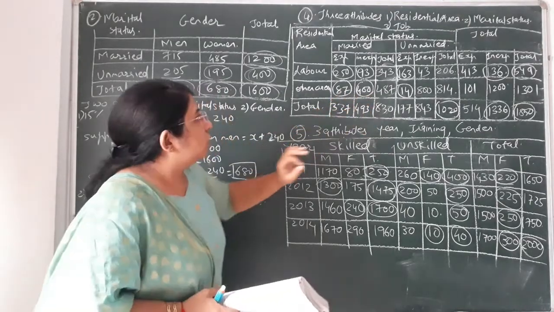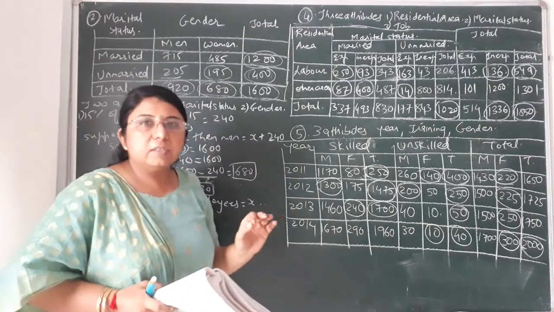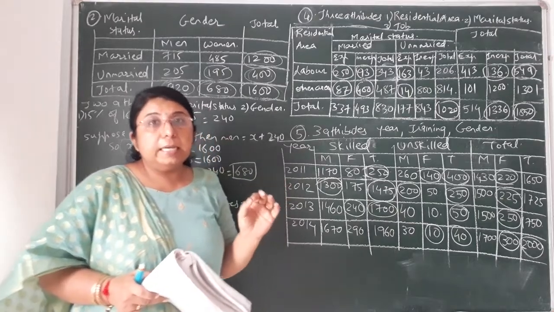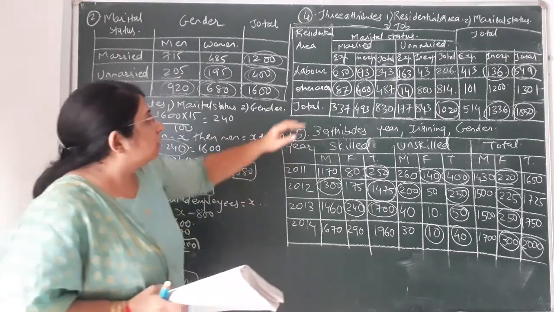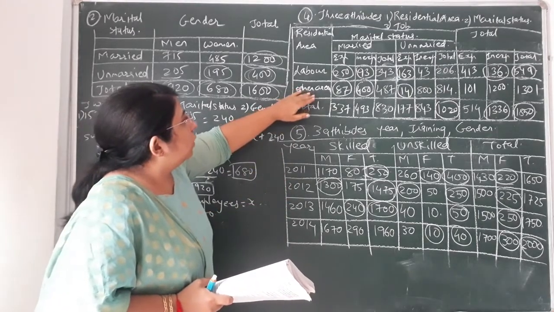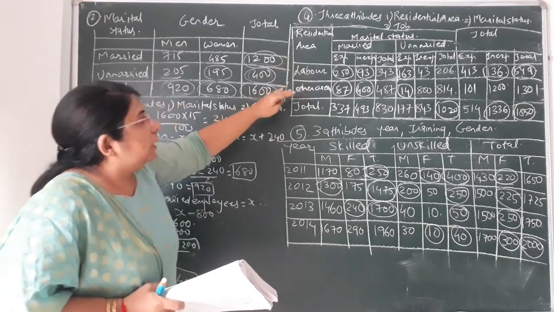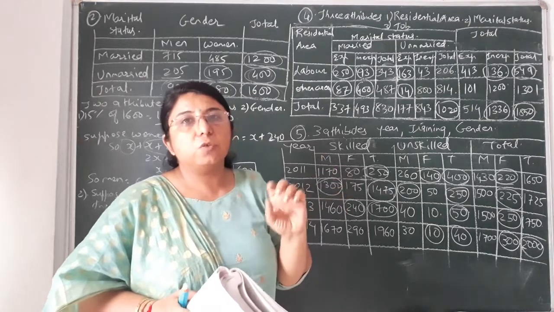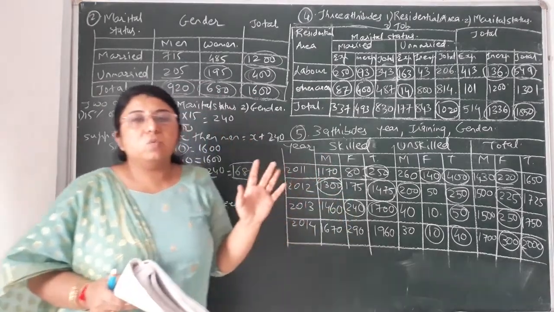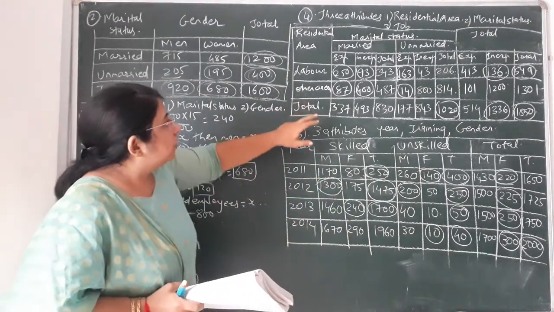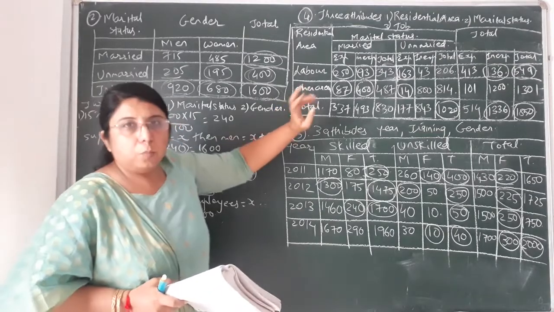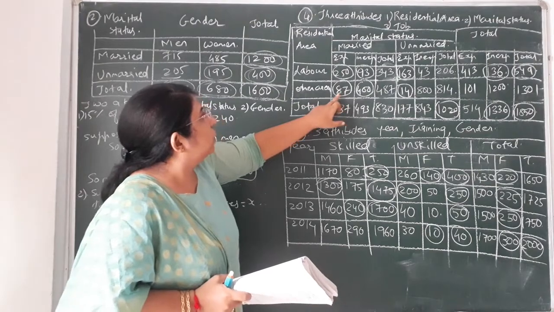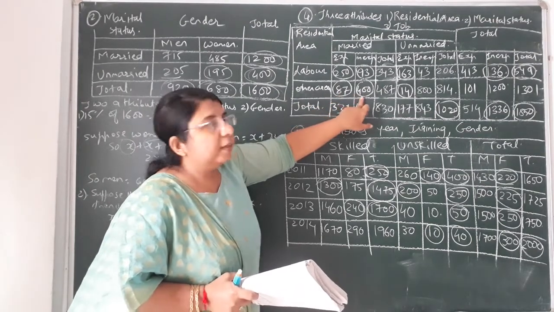Okay, students, be very careful while you are reading the sentence and see that you are putting the value or the data in the correct box. If you have by mistake written the data of other area in labor and labor data in other area, then your table or classification would be done in a wrong way. So your answer would come wrong. So see that while you are reading the sentence, you are putting the data in the correct box. So over here the value of other area, married women, is given experienced 87 and inexperienced 400.